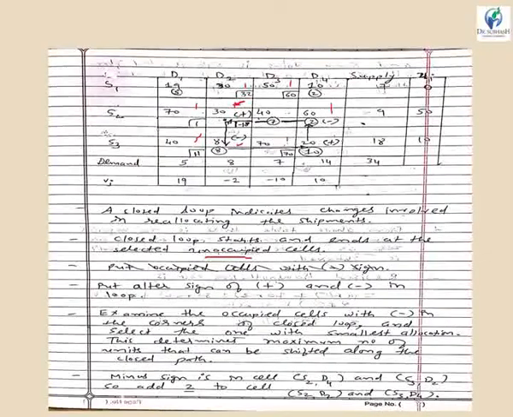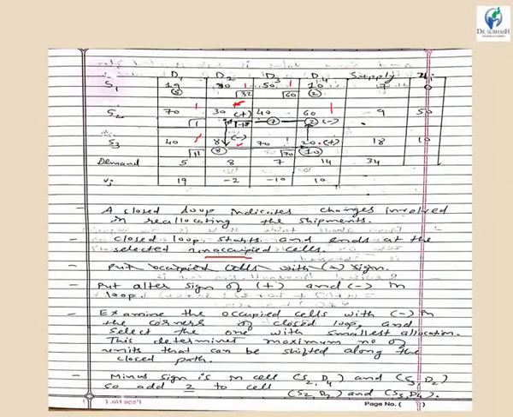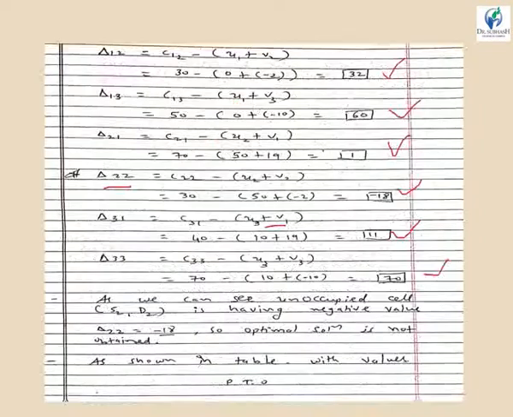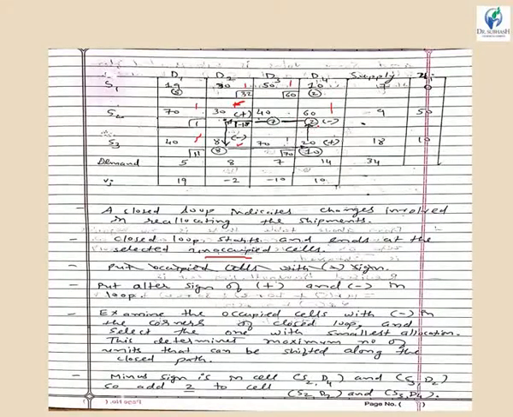Then what are the other changes? Here, as the sign is minus, we will subtract 2 units from this allocated 8. Similarly, here there was an allocation of 10, so now we are adding the 2 units over there, so it becomes 12. And at that particular allocation the 2 is subtracted from that itself, so there will now be 0, so it becomes an unoccupied cell.